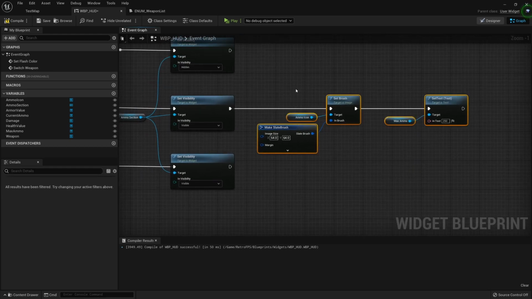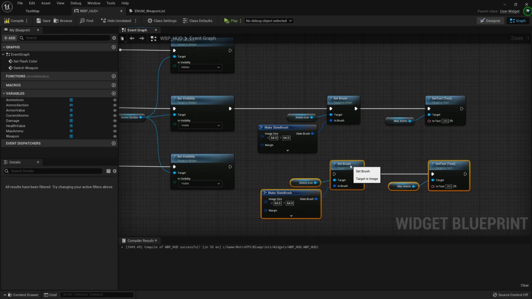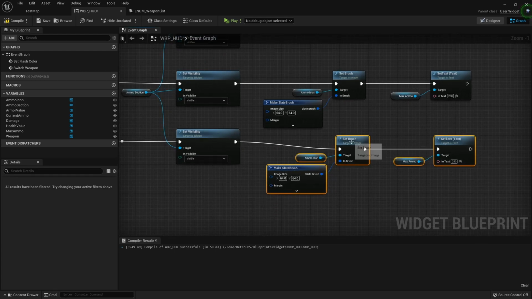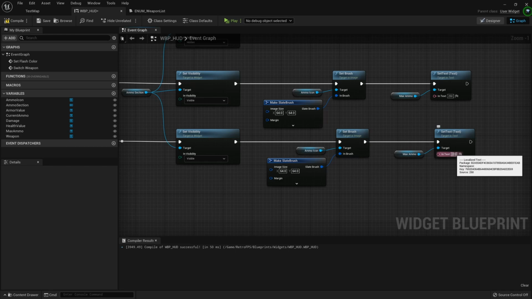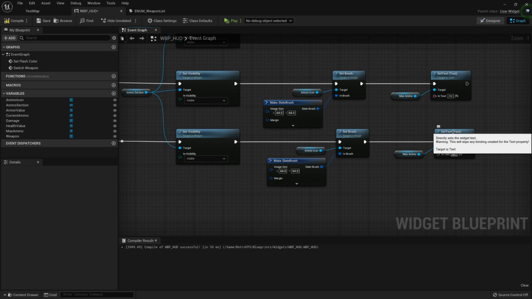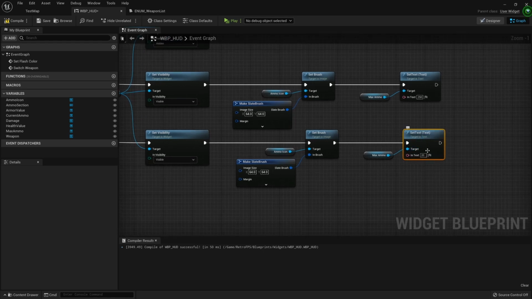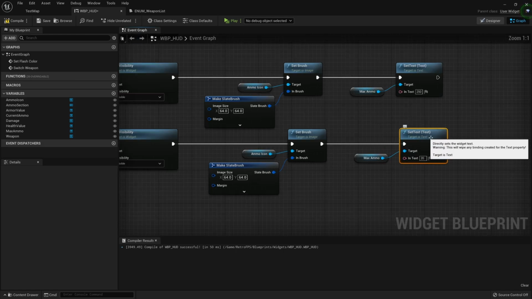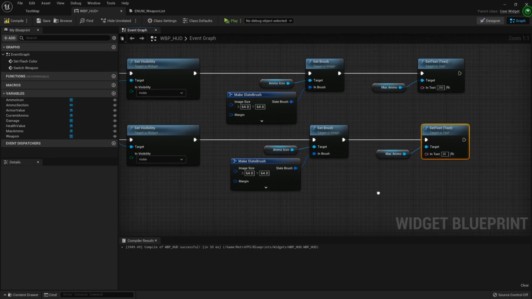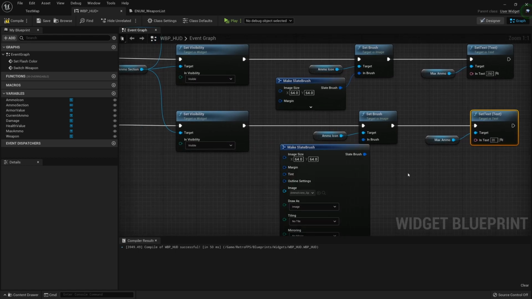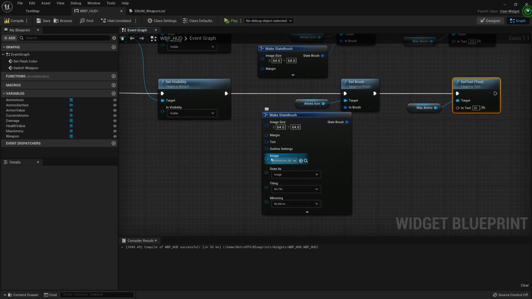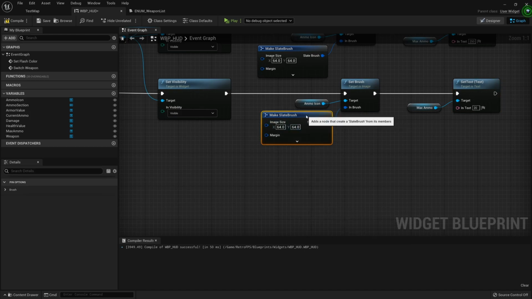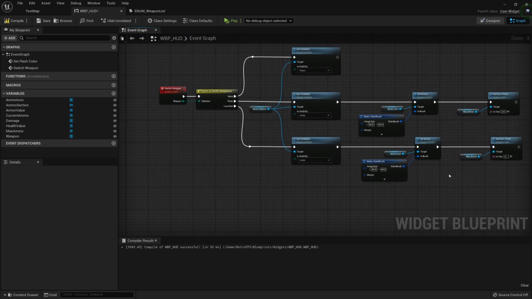So with those done, we can copy and paste them, because we're going to do the same thing, but we're just going to change the image and the total max rockets. And so the max rockets will be 20, and this is just temporary. We'll probably want to actually pull the max rockets so that if we change the max rockets in the C++ file, it will update here automatically. But we'll do that in a bit. So for the image, obviously, we want to change it to the rockets, and we can lower that. And we are done in this section.